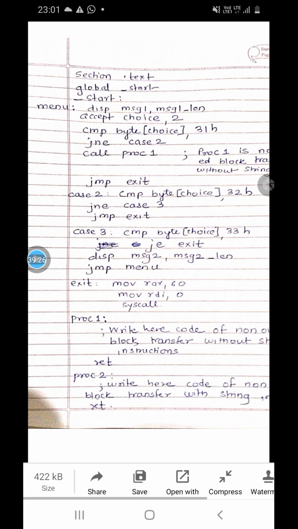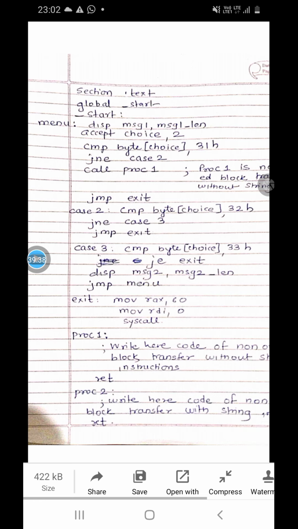It will again go up, display the menu, accept the choice and do the same thing. That means if the choice is 1, it will call procedure 1, if the choice is 2, it will call procedure 2, and if the choice is 3, it will exit from the program. And if the user has not entered any of the choices 1, 2 or 3, then it will display the message wrong choice and again display the menu.